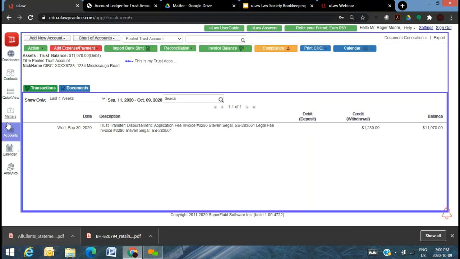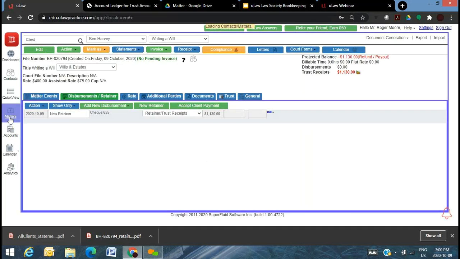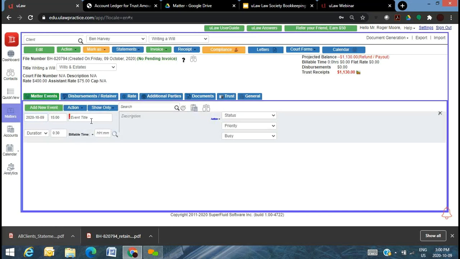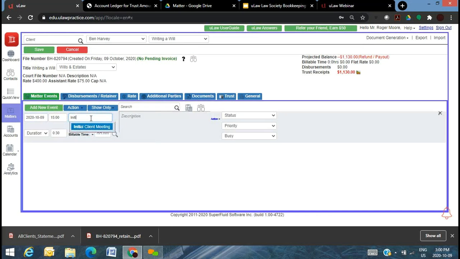Now, you continue down the path. Let's say there's a few more transactions that occur that's not yet financially impacting. So let's go ahead and put a docket. Initial client meeting, this happens every day, and you're charging them, let's say, an hour. This could be a block fee, this could be a flat fee. Of course, this is Wilson Estate, so let's not kid ourselves here. I'm just going to say Will's matter is complete.